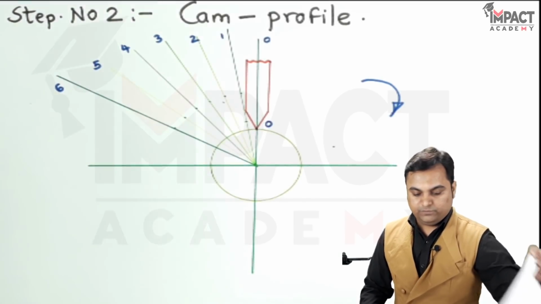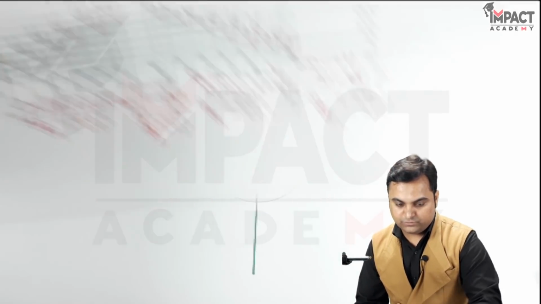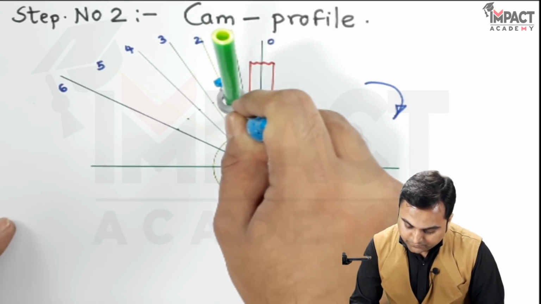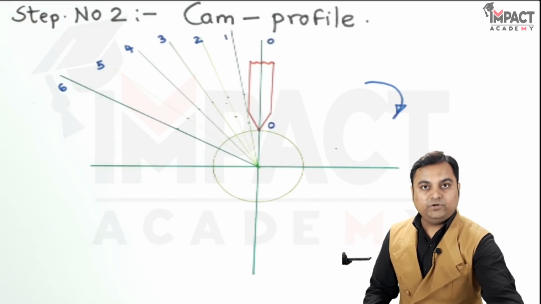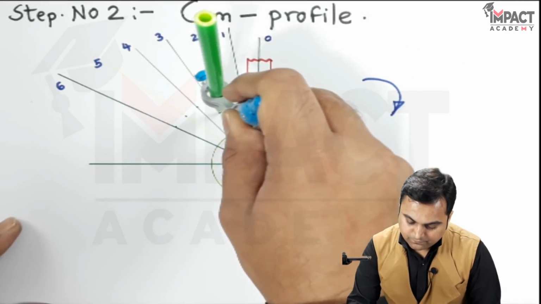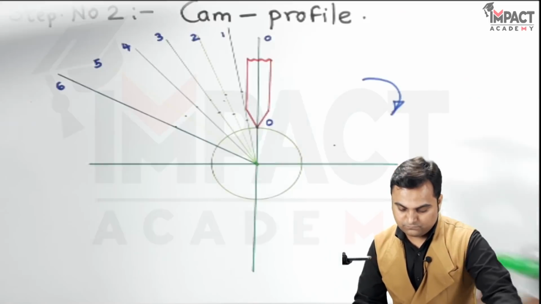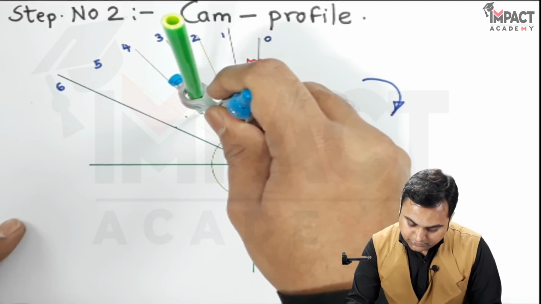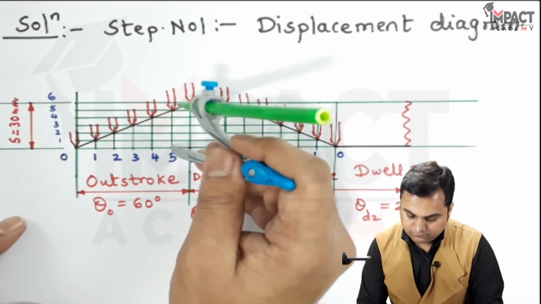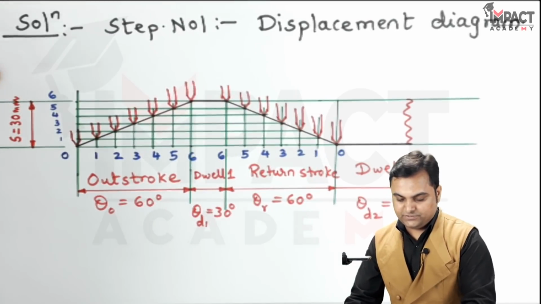Similarly, point number 2 would be measured vertically onto the out stroke from the base circle on the second division. This is point number 2. Then point 3rd. Next point 4. Keeping on the base circle on the 4th division, marking the point. Next point 5. Then finally point 6